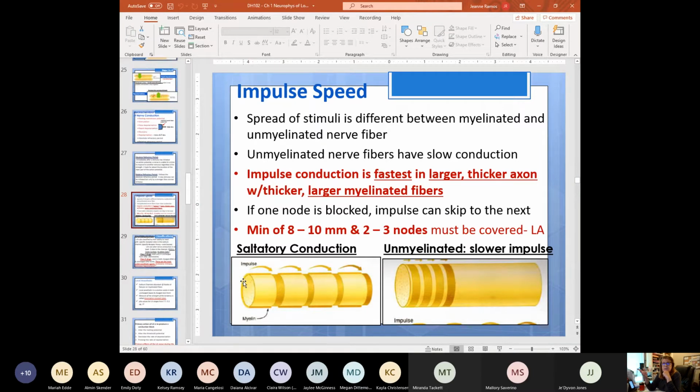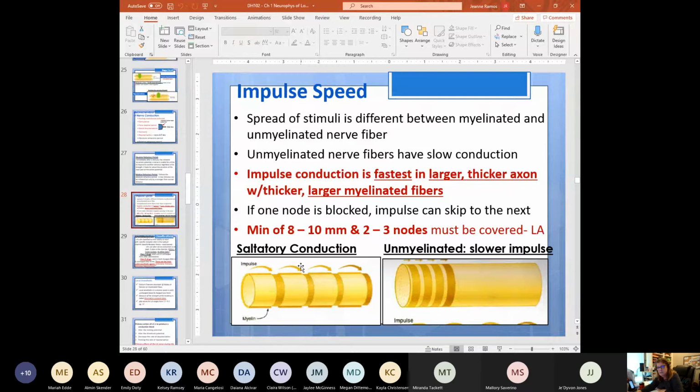So we give it, we think the patient is numb, and we get in there and all of a sudden they're like, ow, I feel it. And you're like, well, how can you feel it? It could be because you're further away than you thought, and maybe not enough nodes were anesthetized, and maybe the impulse of pain skipped over what was supposed to block it. So it just skips over and goes on and registers as pain instead of being blocked. So we want the anesthetic to be like here and block those impulses